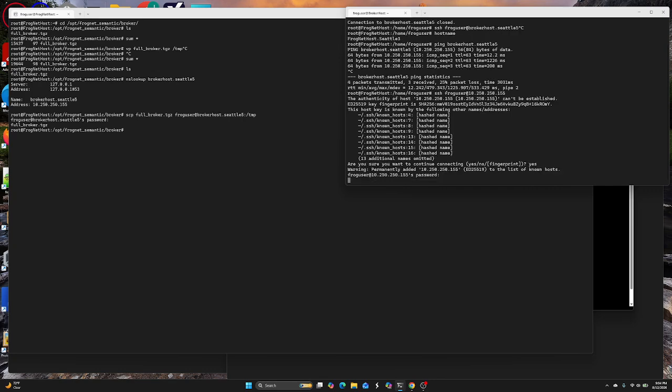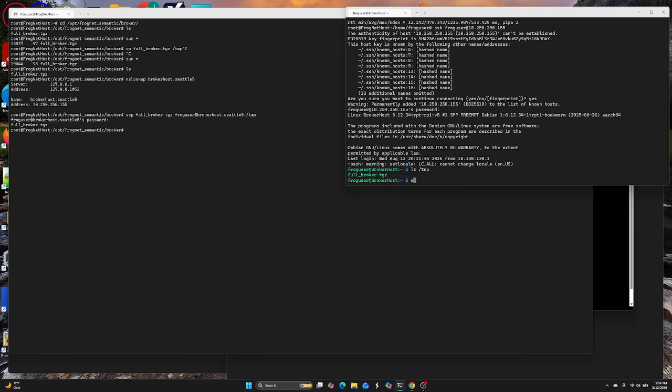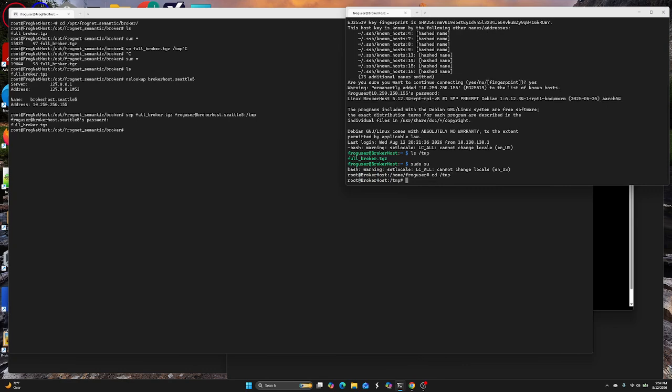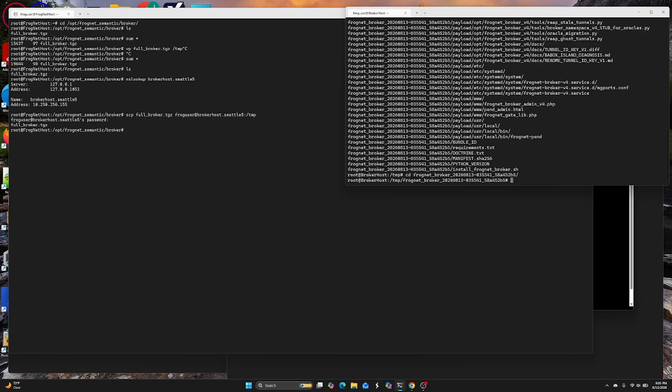Okay, so we're on the machine now, and if we look in temp, there's the full broker. So we're going to become root, and we're going to cd to /temp. Okay, and then we are going to just open this up. So I'm going to untar the full broker, and now we have a directory here named Frognet broker with some